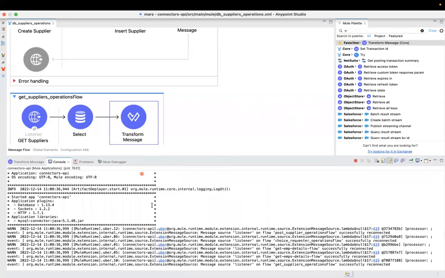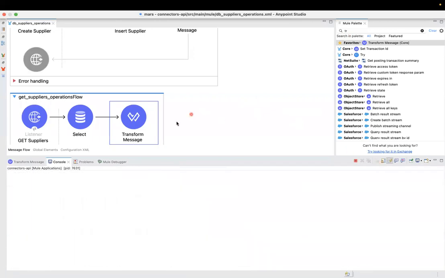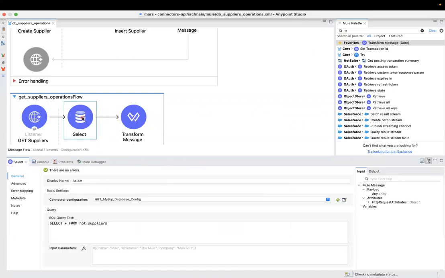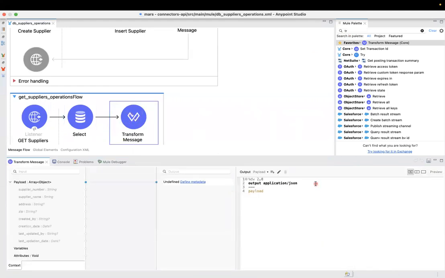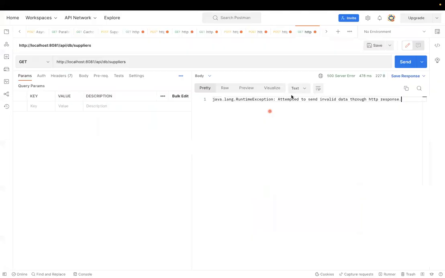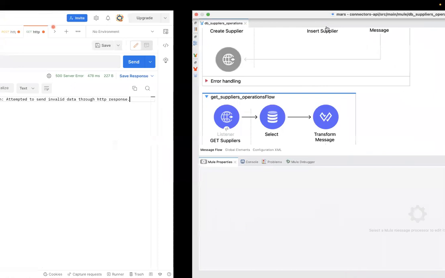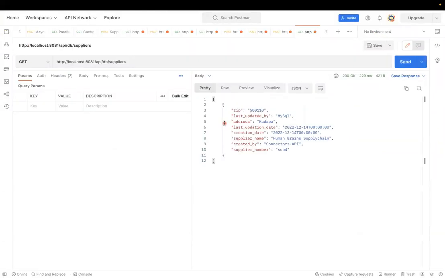Since we were getting an exception without the transform message, it was unable to render. The database operation was unable to give a response that can be understood by the HTTP listener. So we are adding this transform message and sending the response in JSON format now, and testing the flow. If we see here, we have received a